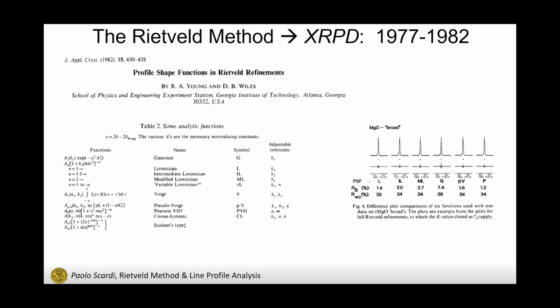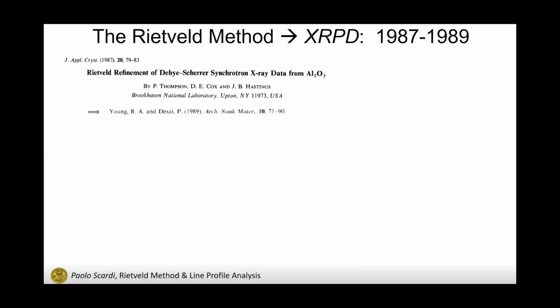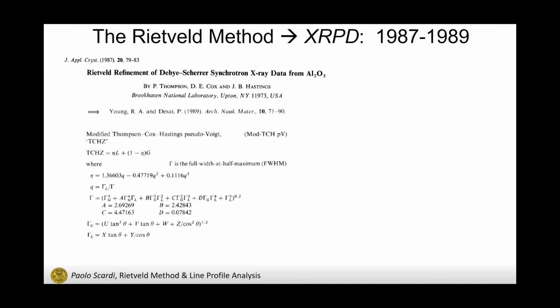And on all of them, Voigt-type functions emerged: the convolution of a Gaussian and the Lorentzian function, and the pseudo-Voigt, which is a linear combination of the same, which is very similar to the Voigt curve for practical uses. And then finally, around, let's say, '87, '89, a particular representation of the pseudo-Voigt was established, and with the parameterization